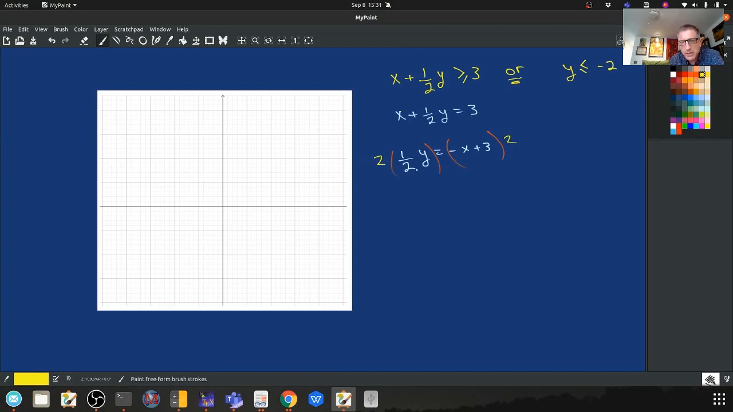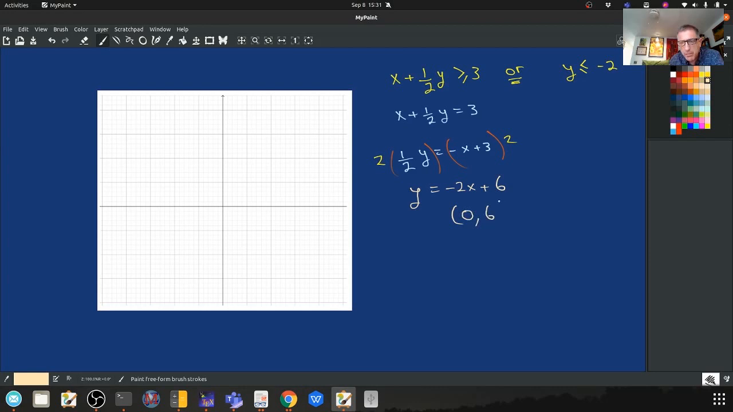So that's going to clear the denominator on the left-hand side. So 2 times 1/2 is 1, and 1 times y is y. 2 times minus x is minus 2x. And 2 times 3 is equal to 6. So